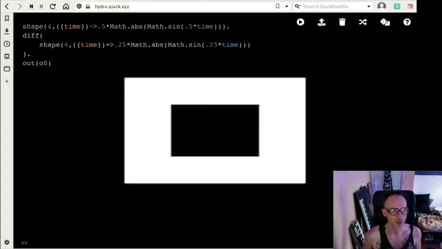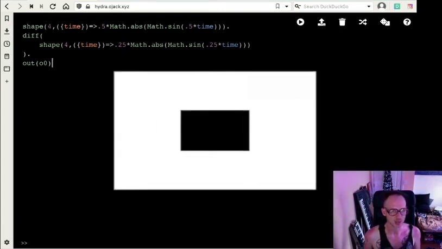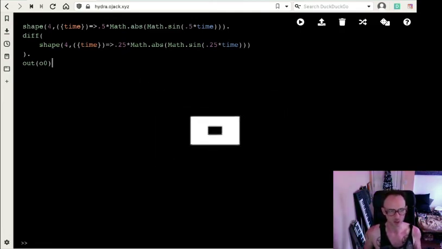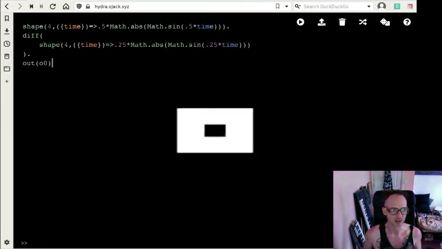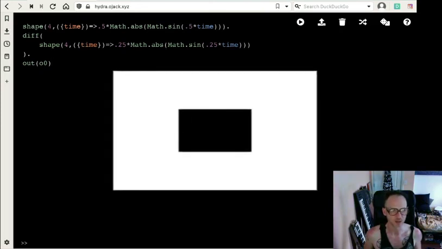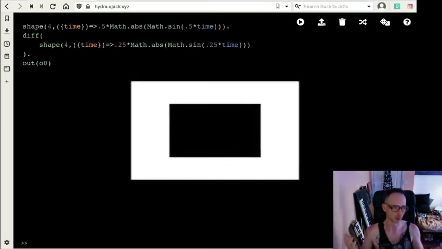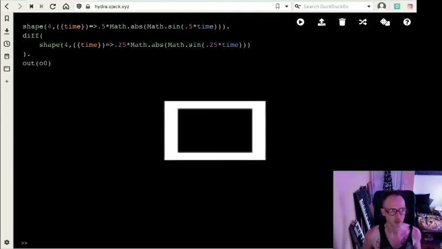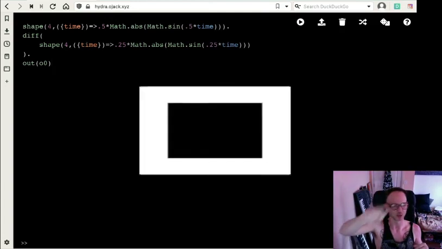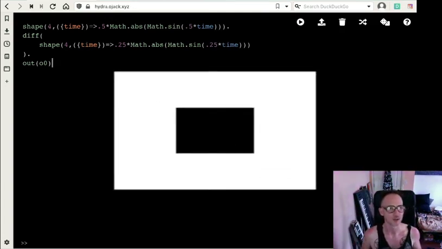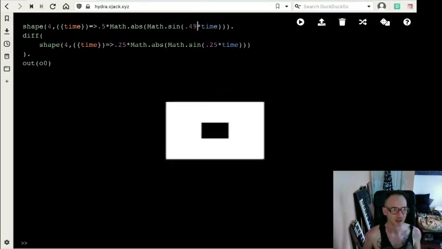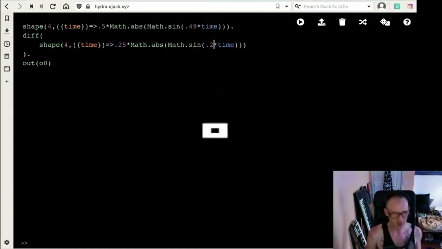But a really simple way I can change this so that the cycle doesn't repeat so quickly is, you notice that these are 0.5 and 0.25. 0.5 is 2 times 0.25. So that means that when one peaks, they're at a ratio of 1 to 2 to each other. So if instead I change this to be like 0.49, and I change this to be 0.27,